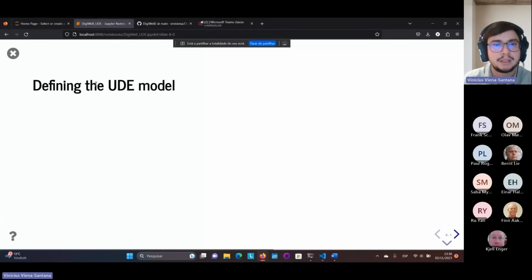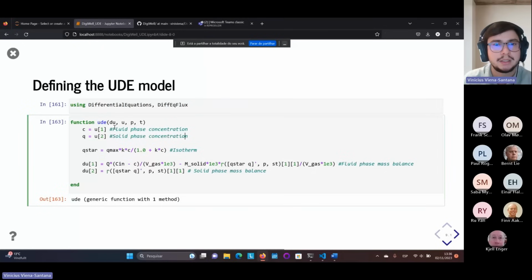Now that I have defined my neural network, my U from the UDE model, I have to define my differential equation. In order to build differential equations in Julia, we can use the DifferentialEquations.jl library. I'm also using DiffEqFlux, which has bindings for differential equations and neural networks. This is a very standard approach for solving ODEs, not only in Julia, but also in other programming languages like Python. First of all, I have to build my function that has as inputs my dependent variables, my parameters and time, and this function should give me the derivatives.